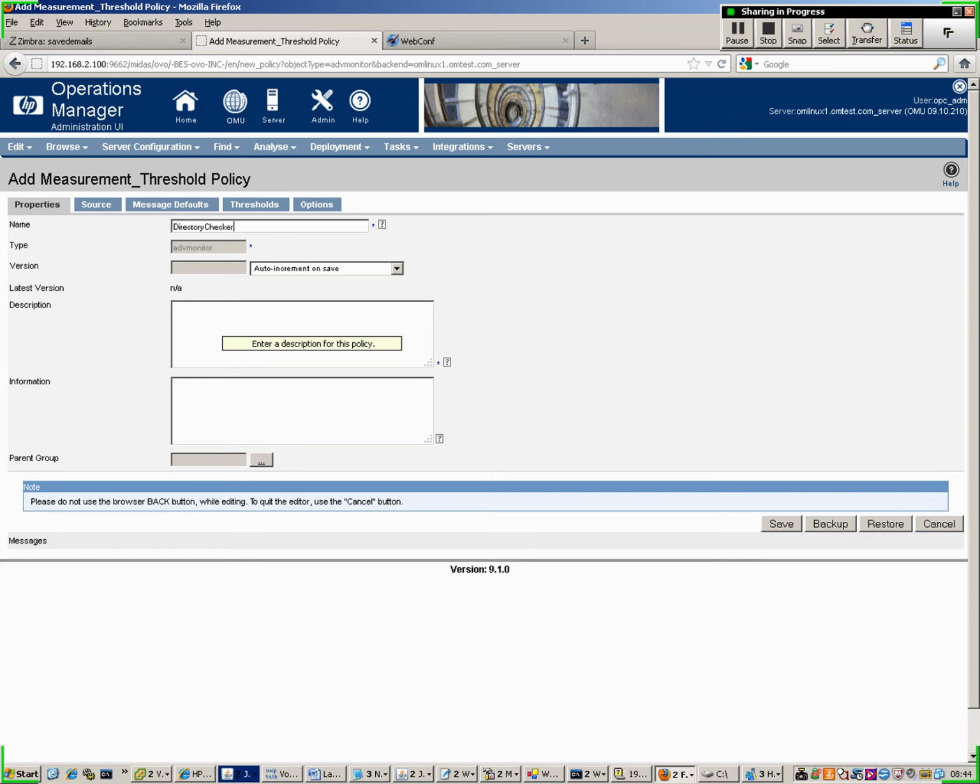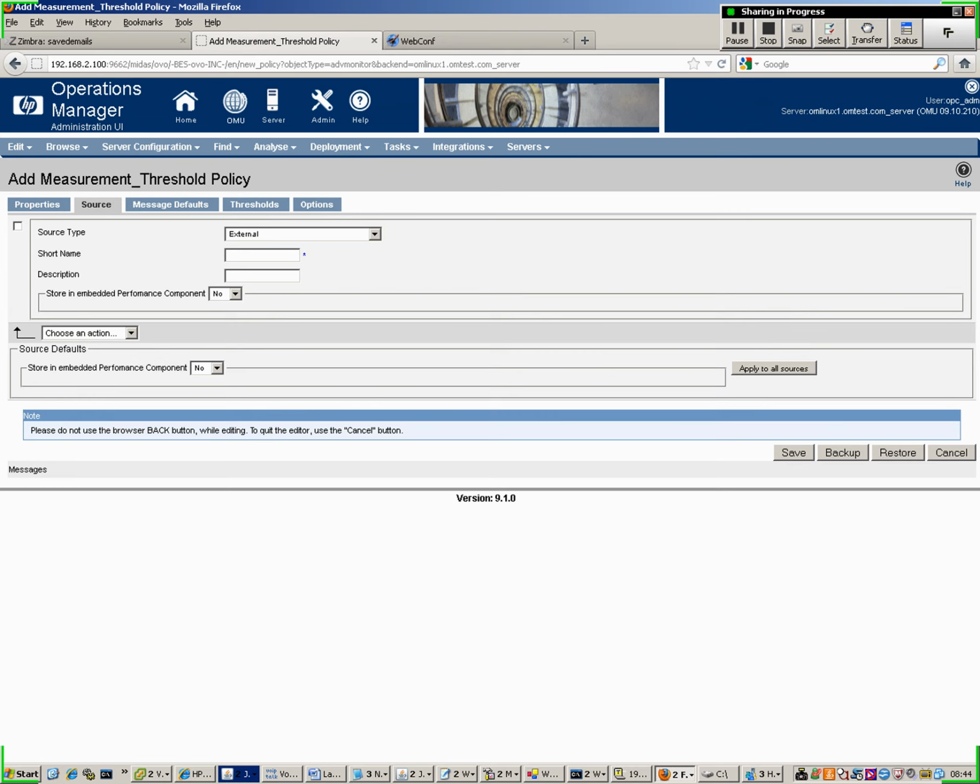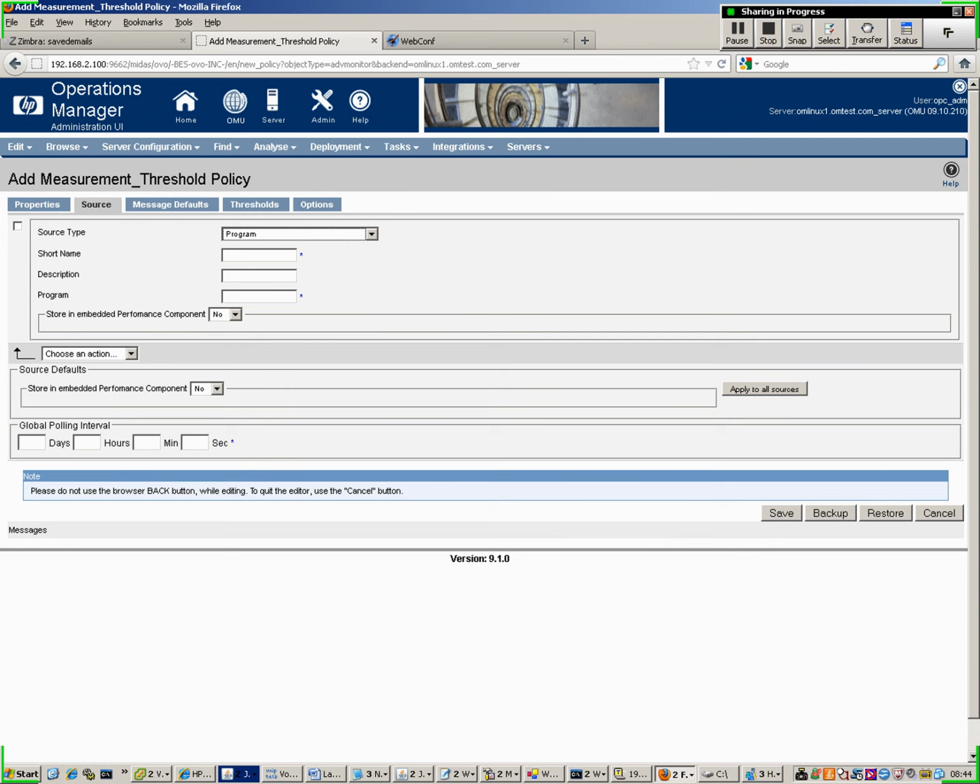We'd have to give it a description, so we'll just say count files in directories. In the source field, we then specify that this is going to be a program type metric. So we select program from here. The short name, we're going to use the same, we'll call it directory checker. And the program that we want to run is